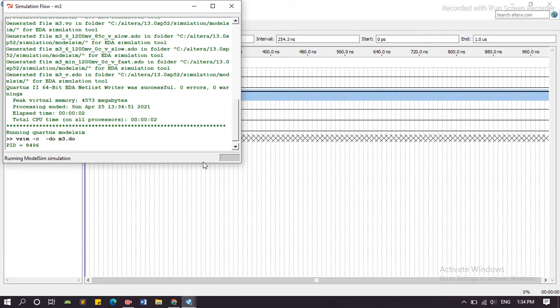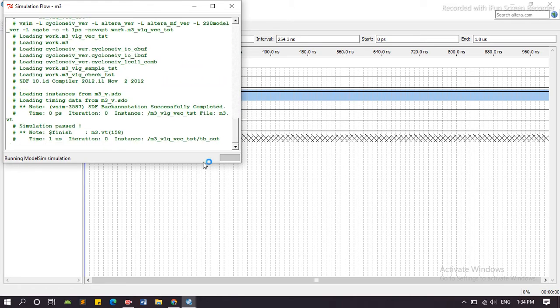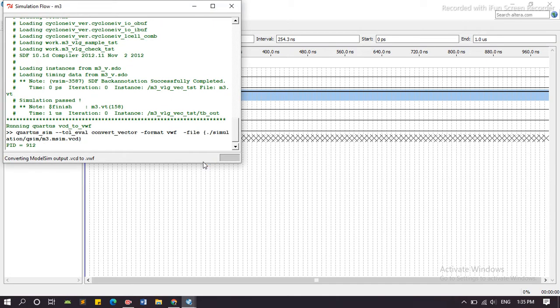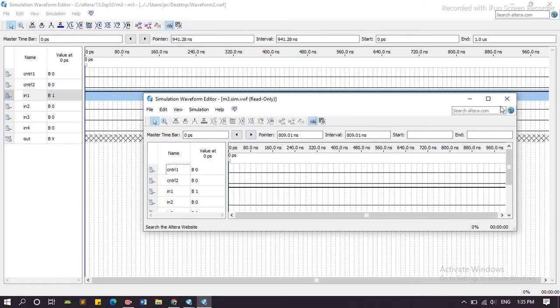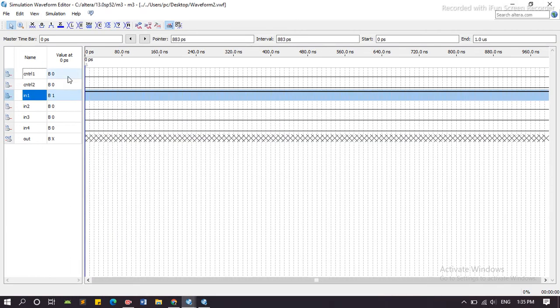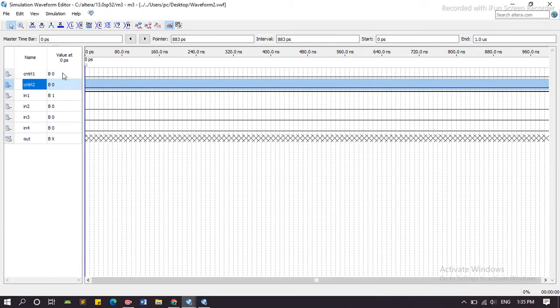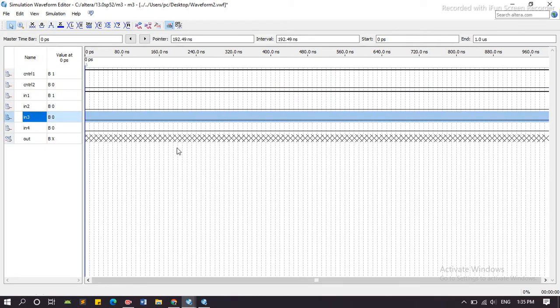The output shows input 1 when both control 1 and control 2 are 0 0, then input 1 is implemented on the output. You can see here output is equal to input 1. Now when it is equal to 0 1 or 1 0, it shows the input 3 on the